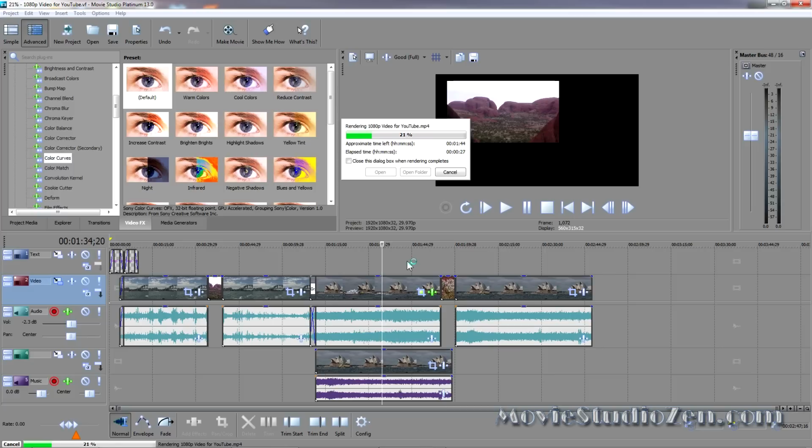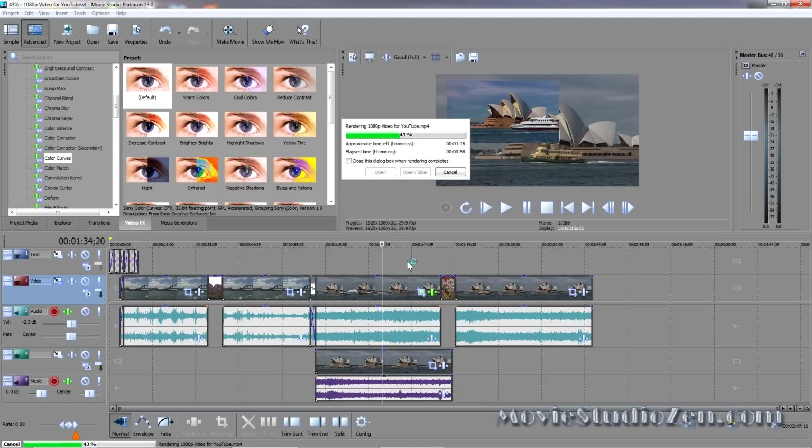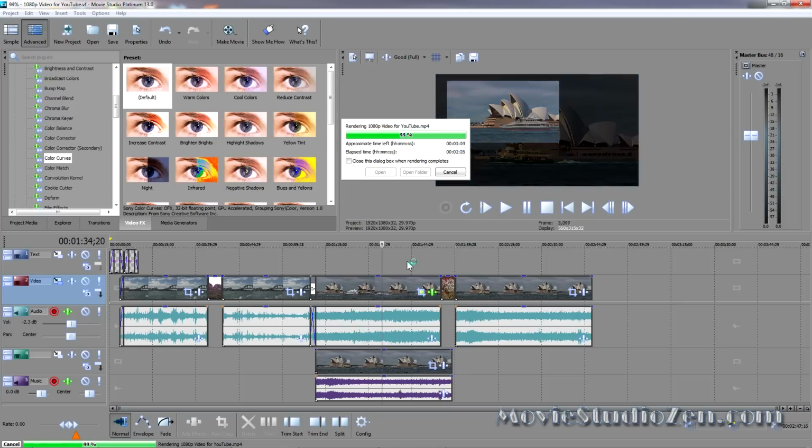So that's it. This was just a good general overview of how to use the program, what the normal workflow is. If you're still listening, then know that for 90% of my old tutorials made with much older versions of the program, they will still generally work in this new Movie Studio Platinum 13. So please check out my old tutorials. You'll find a lot of benefit in them.